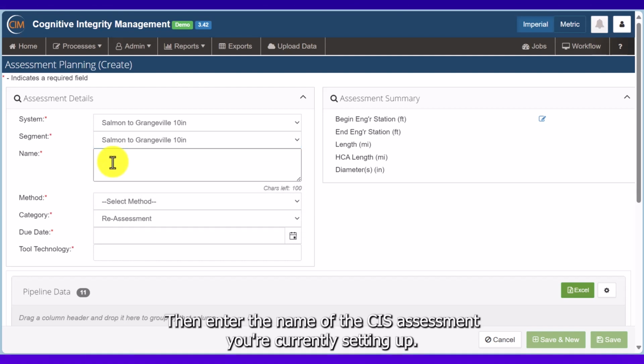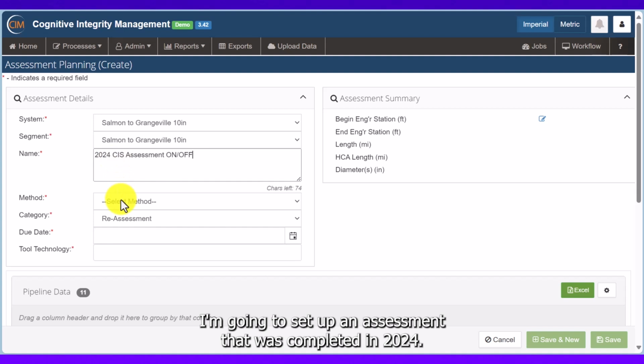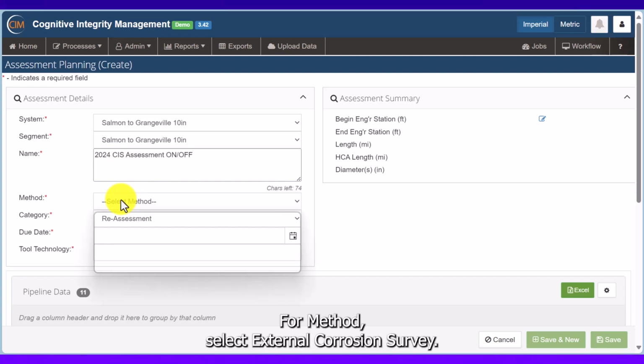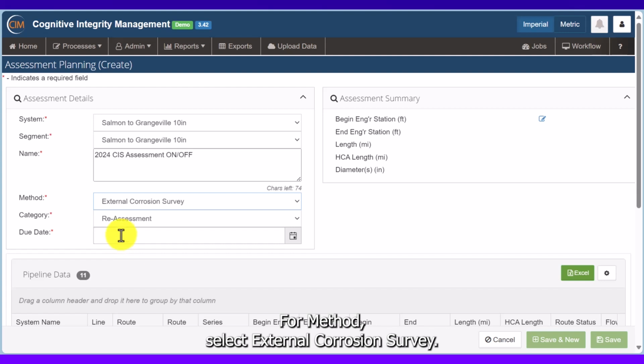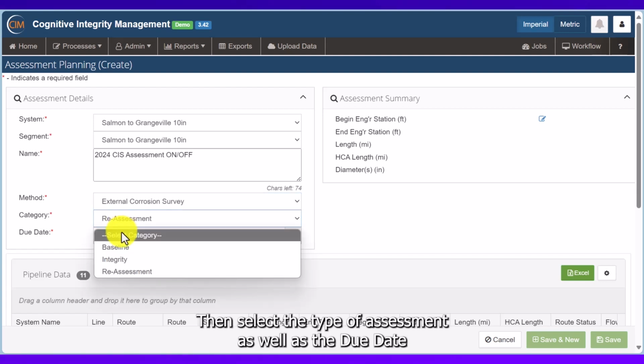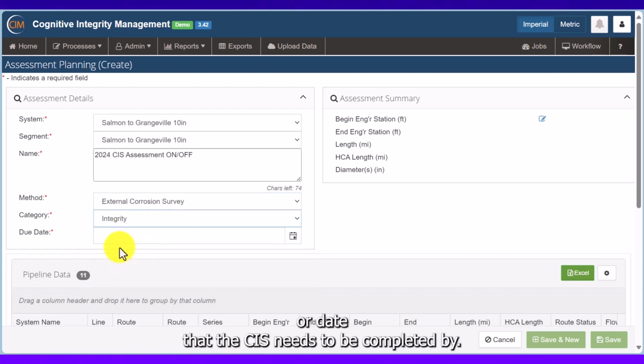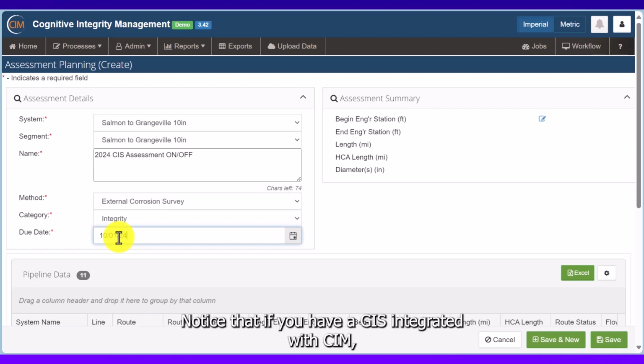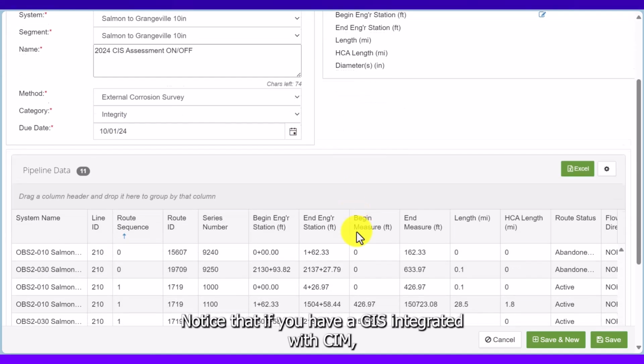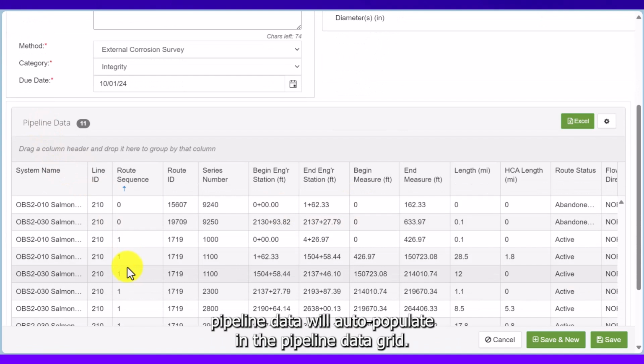Then enter the name of the CIS assessment you are currently setting up. I'm going to set up an assessment that was completed in 2024. For method, select External Corrosion Survey. Then select the type of assessment as well as the due date, or date that the CIS needs to be completed by. Notice that if you have a GIS integrated with CIM, pipeline data will auto-populate in the pipeline data